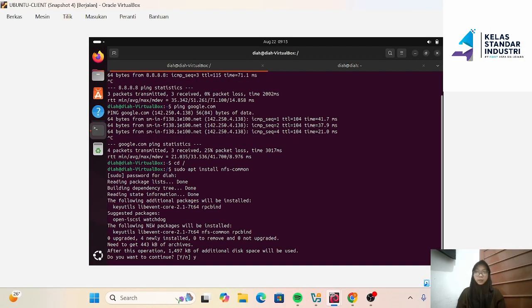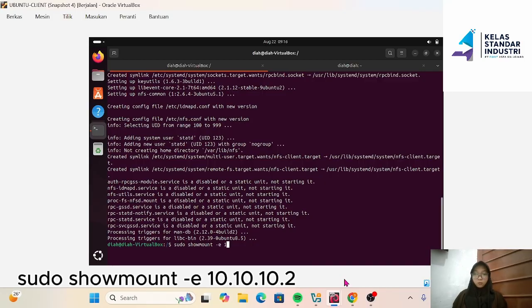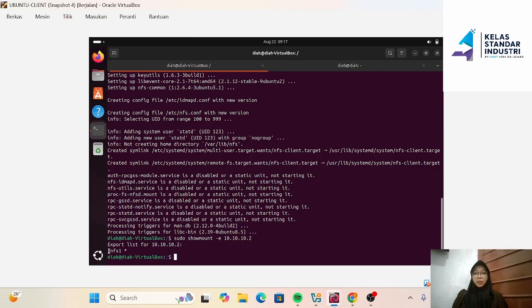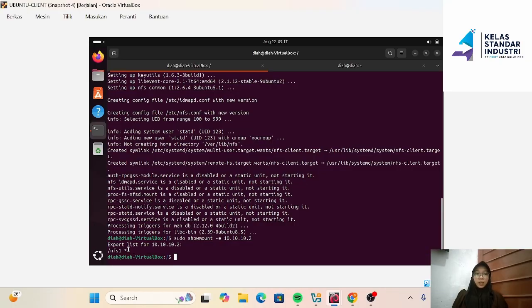Press Y. We can wait. After installing the package, view the folder and file shared by the NFS server with sudo showmount -e, enter. You will see directory /nfs1 listed with an asterisk, meaning any IP can view this directory.